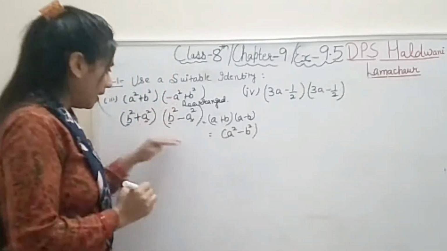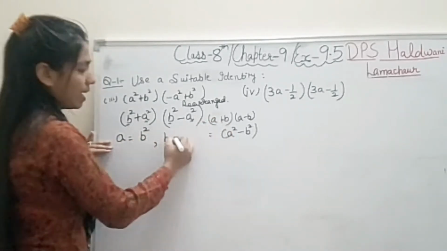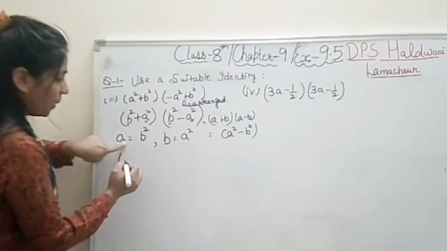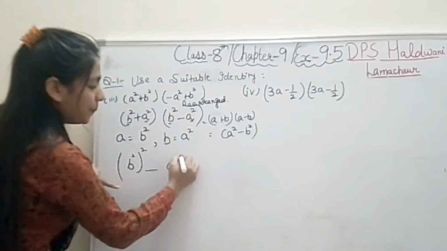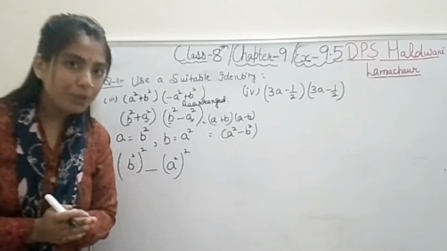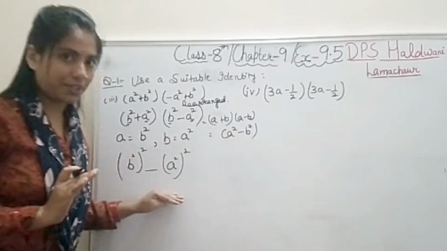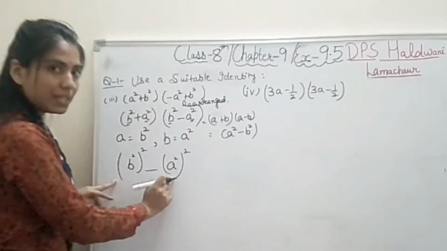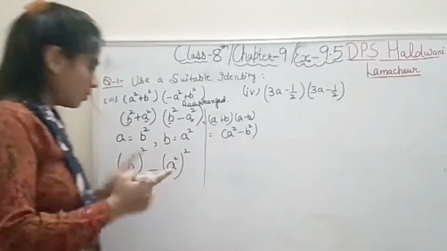square. Right? But here in the equation, in place of A you have B square, and in place of B you have A square. So put the formula A square minus B square: A is B square, so B square squared, minus B is A square, so A square squared. Whatever value is B, its square. Right, student? I hope you got it, whatever the value doesn't matter, you are just using the identity in the equation. So A plus B, A minus B, formula is A square minus B square. And always you have to mention the identity in the rough work. Always. Okay? So solve it.